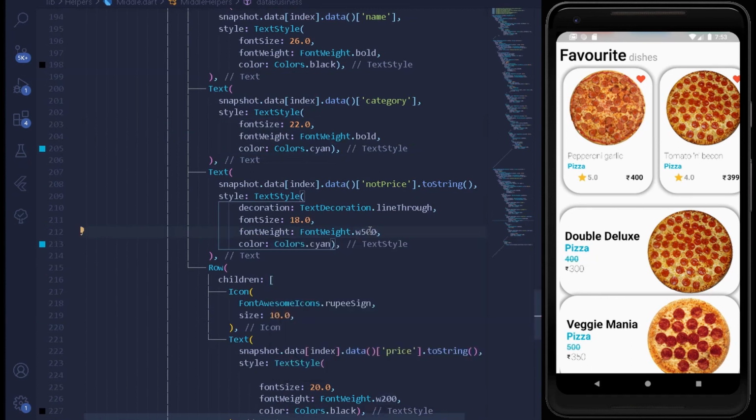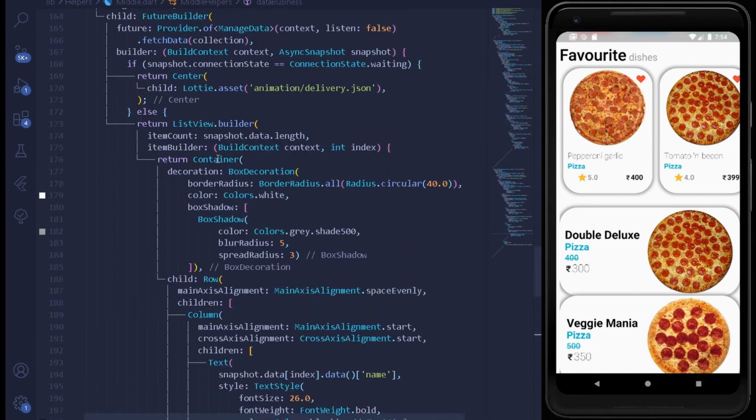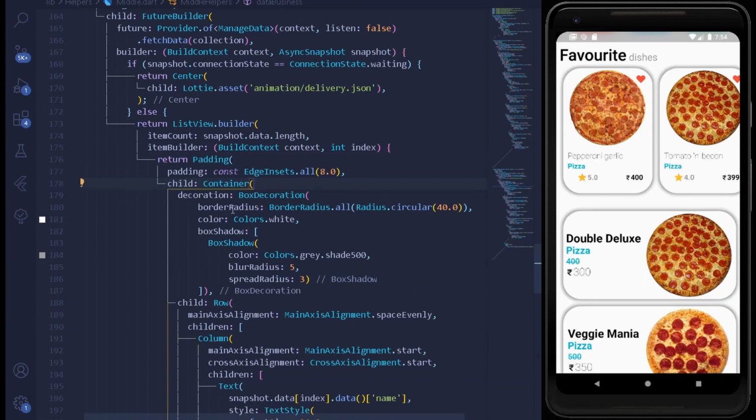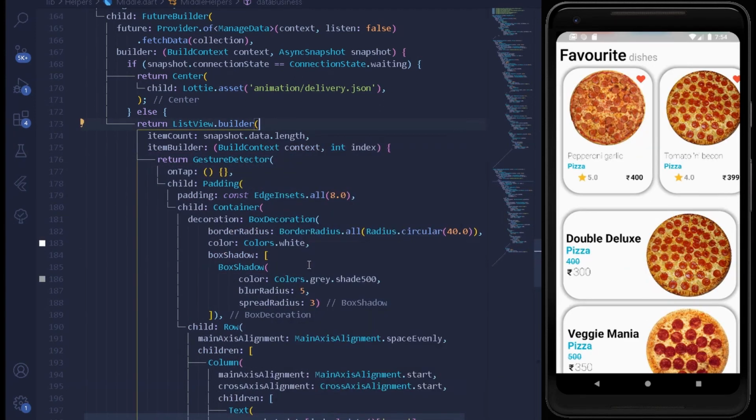Cool. Also let's increase up some size of our icon. Also let's have some bigger icon. Alright, so as all of these things is done, you may observe that these things are bigger one. So I can simply wrap under a padding. Cool, so it is stand up. So also simply refactor the following padding under a gesture detector. The usual stuff. Which on tap for now does nothing. So we have this data here.